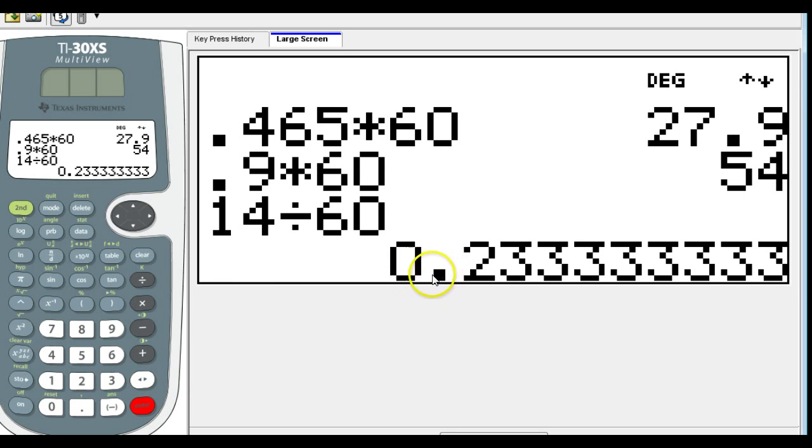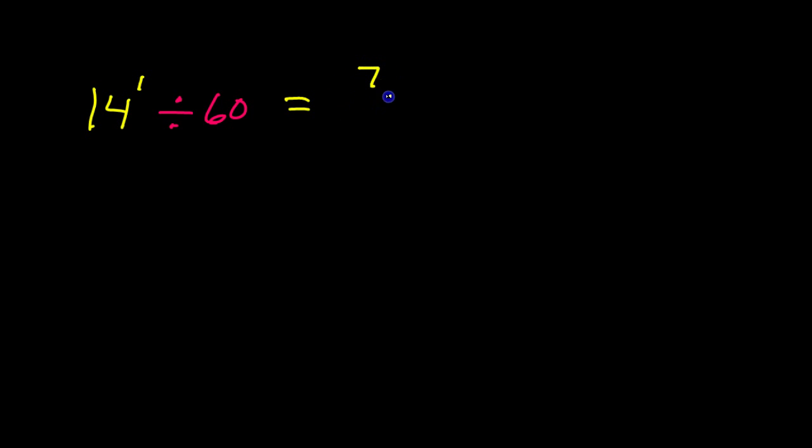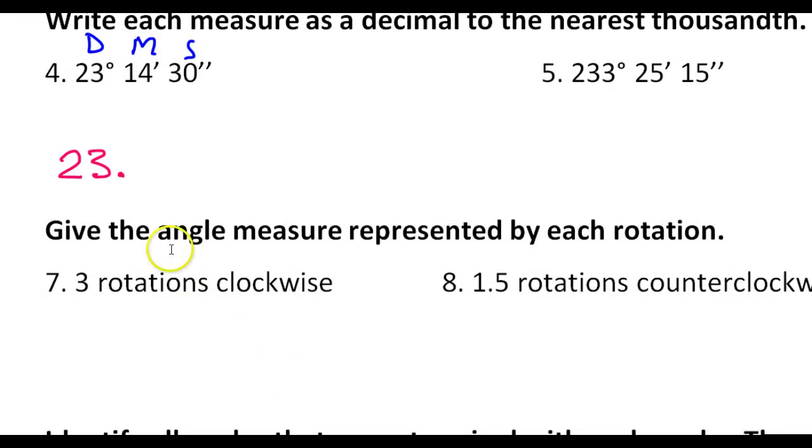Okay, so I get 0.23 repeating. But for our purposes, it will be more helpful to view this as a fraction. So let's toggle that up. So that's 7/30ths. Okay, so far I've got 7/30ths. And now this will be in degrees. Okay, so that means